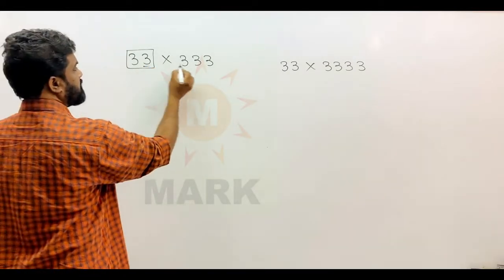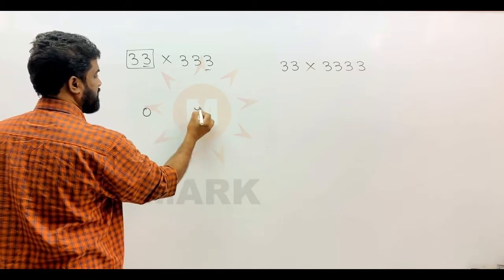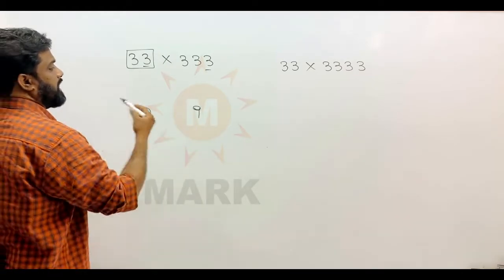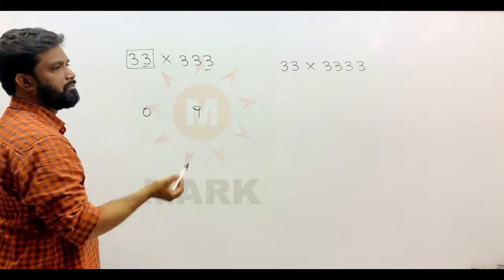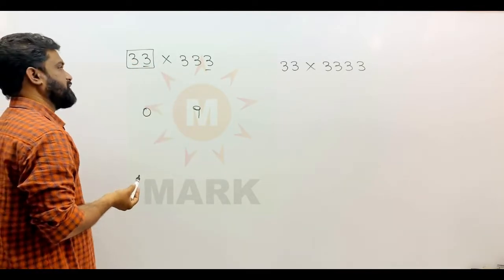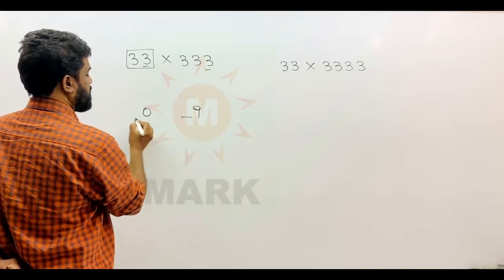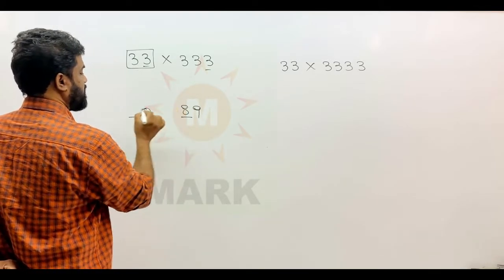So first I am taking 3 into 3, that is 9 here as usual. Then I have to multiply just 2 3s and 2 3s. The minimum criteria should be satisfied first. So first I am taking one slot here and one slot here as usual. Here I put 8 and here I put 1.